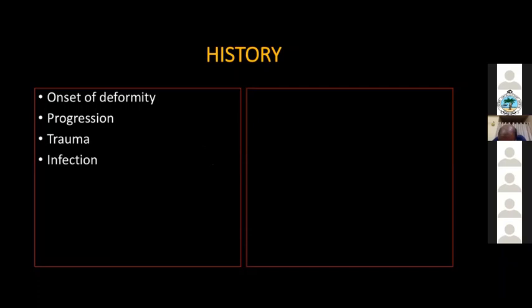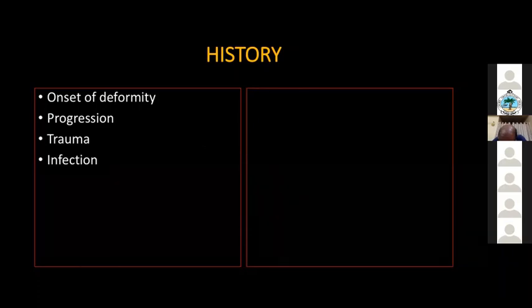I would like to ask for any history of trauma in childhood, any history of infections. Bilateral genu valgum. What trauma do you suspect? Bilateral. Any history of rickets. Yeah, usually the metabolic causes you have to look into, isn't it? In a unilateral one you have to look for trauma, infection.